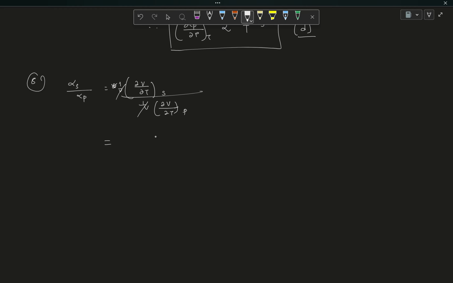Now you can use the Maxwell's relation, right? So what are Maxwell's relations? You had a relation that del V del T at P constant, with a minus sign, is equal to del S del P at T constant. So the first term we replace like that. So this is minus del S del P at